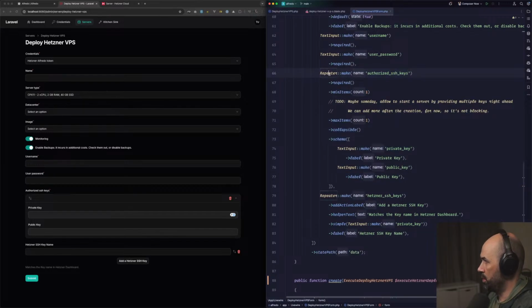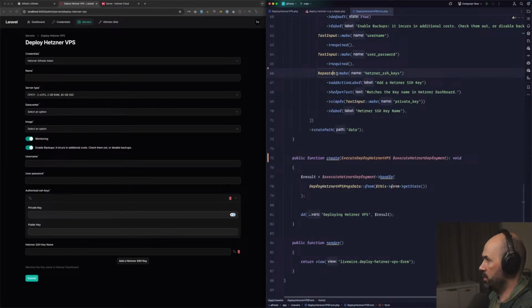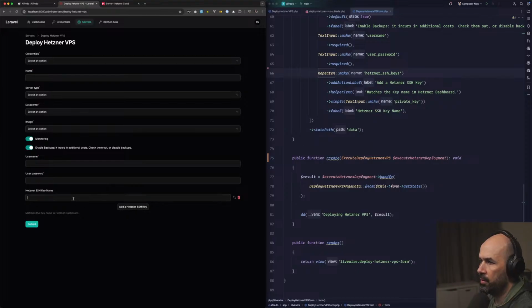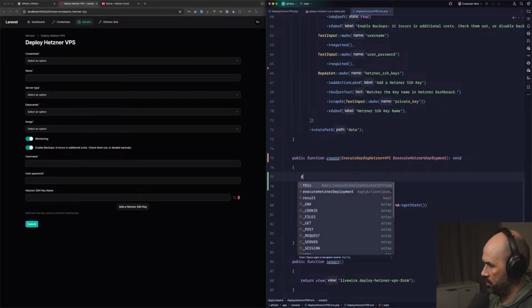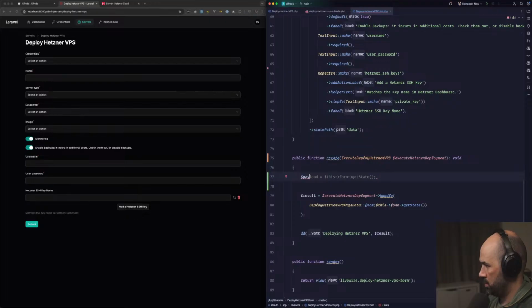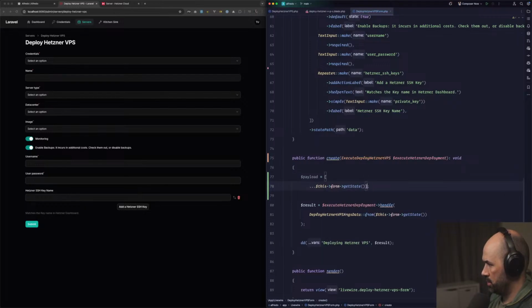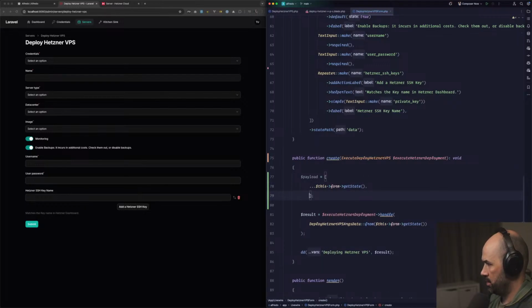Let's copy the field name, let's remove that field. The key name matches the key name in Ansible dashboard. That's all right. And then, so the payload, the arguments